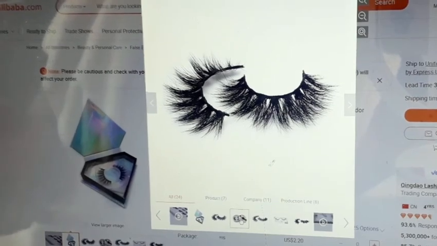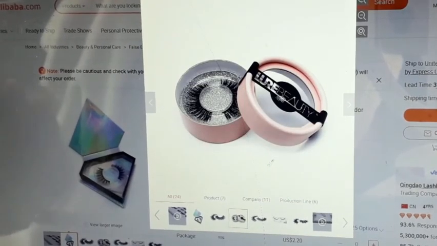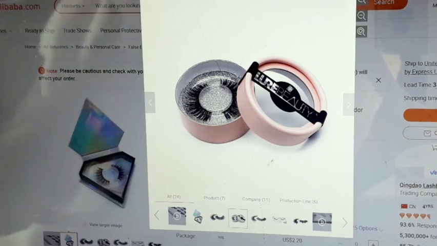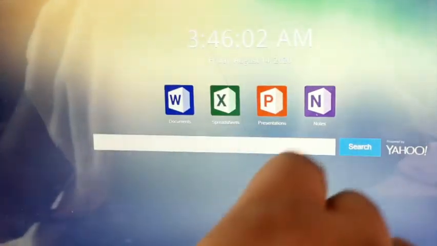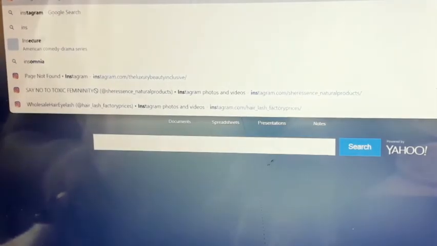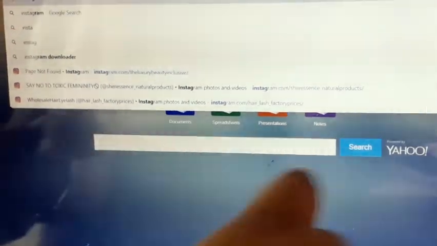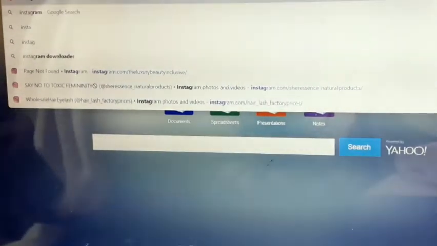So you could either click on the picture down here. So you could see that this is Lure Beauty. Now, I don't know if that's someone who ordered from them, but one of the ways that I'm able to vet my suppliers is if I see a name on it, I go to Instagram or Google,